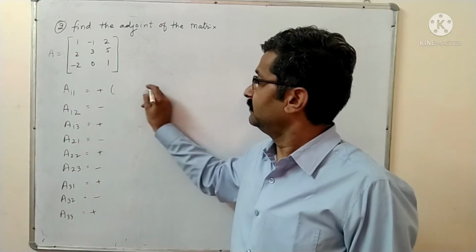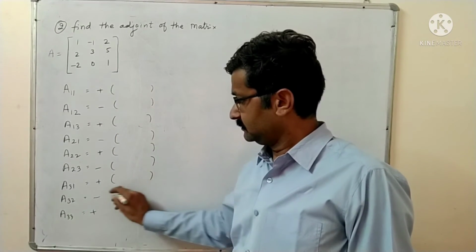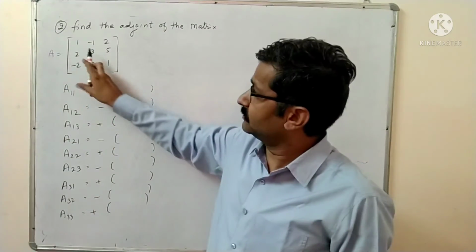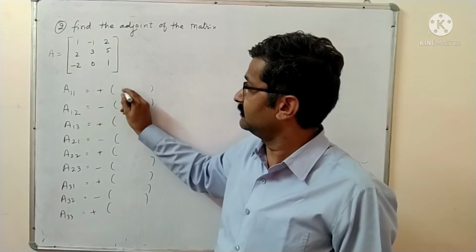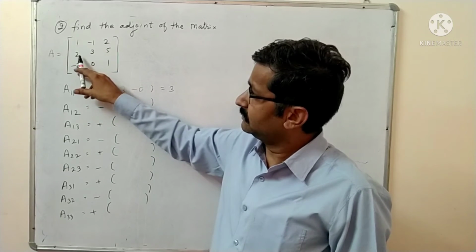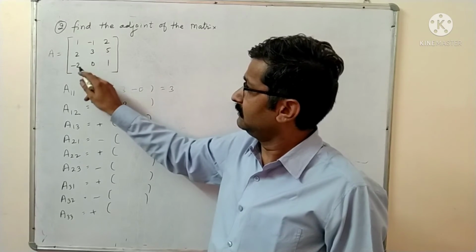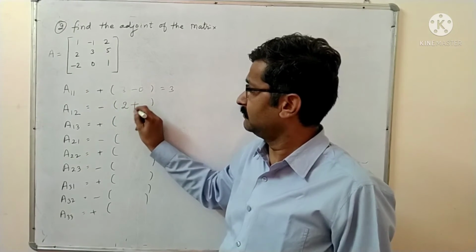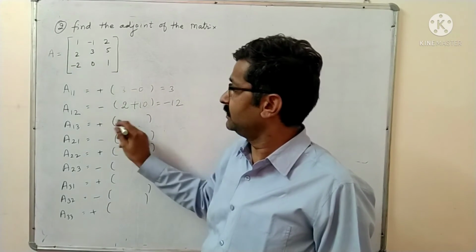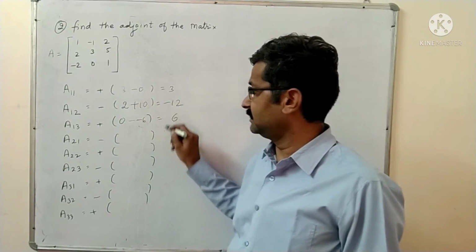Okay, and then you keep your brackets, you can mark. First, you will not take the first row and first column. So of the 4 elements, you do the cross product: 3 minus 0, this is 3. Second, you will not take the second column, so 2 into 1 is 2, and minus 10, minus plus 10, so you get here minus 12. Then the third column you will not take, 2 into 0 is 0 and minus 6, minus 4 formula and minus 6, so you get here 6.